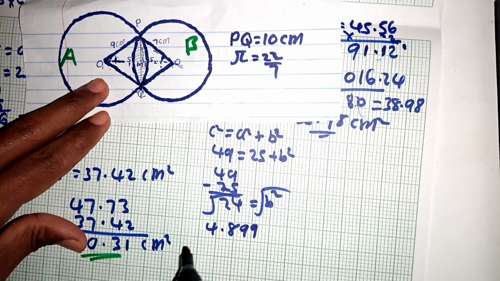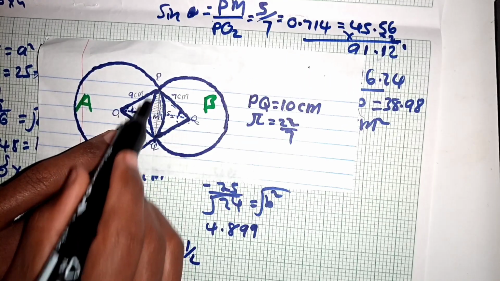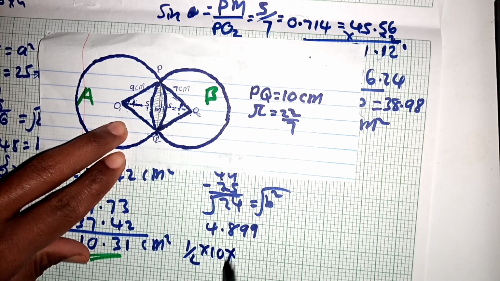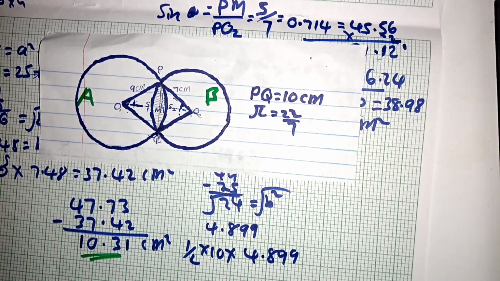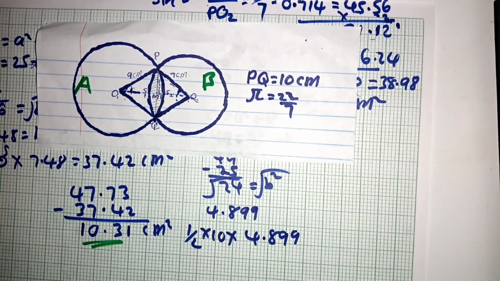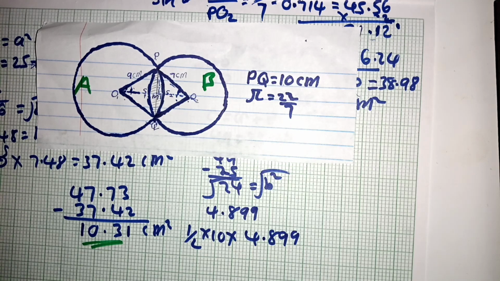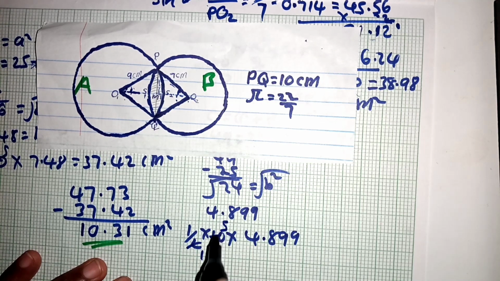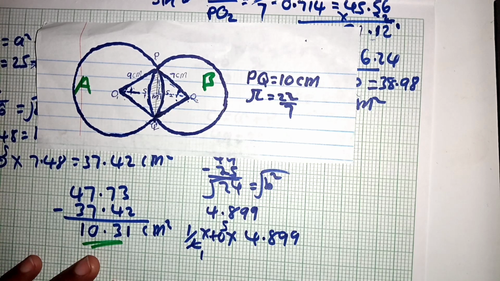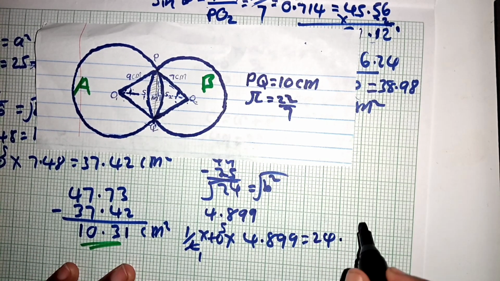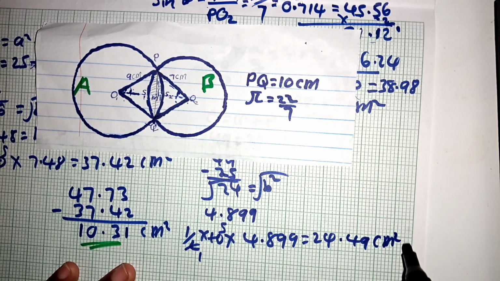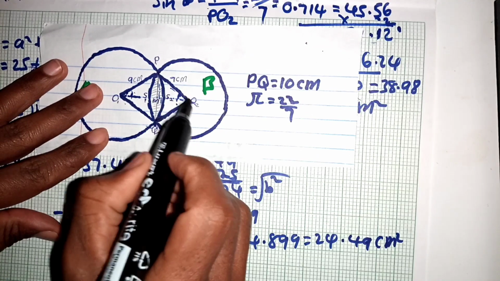So we'll have a half base times height. A half base is 10. A half 10 times this one here, 4.899. So what do we get? By 2, 1, by 2, 5. So we multiply those and we have what? We have this one, 24.49 centimeter squared as the area of this triangle,